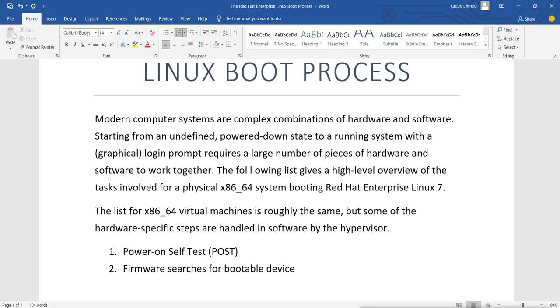It searches for the bootable device based on the sequence we have configured in the BIOS, where we want to boot from.